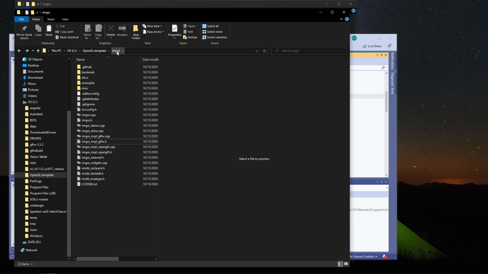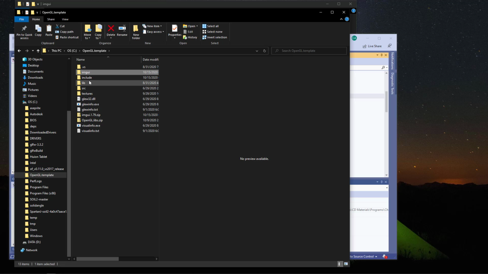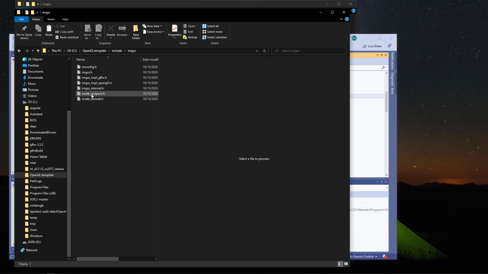So in OpenGL, I have an ImGui folder in here, which is really for where I want to reference these C++ files. Those are the main ones. And over in my template include, that's really where it's going to be pulling these imgui.h and all the .h header files, right? Include directory there. So that means inside of my Visual Studio